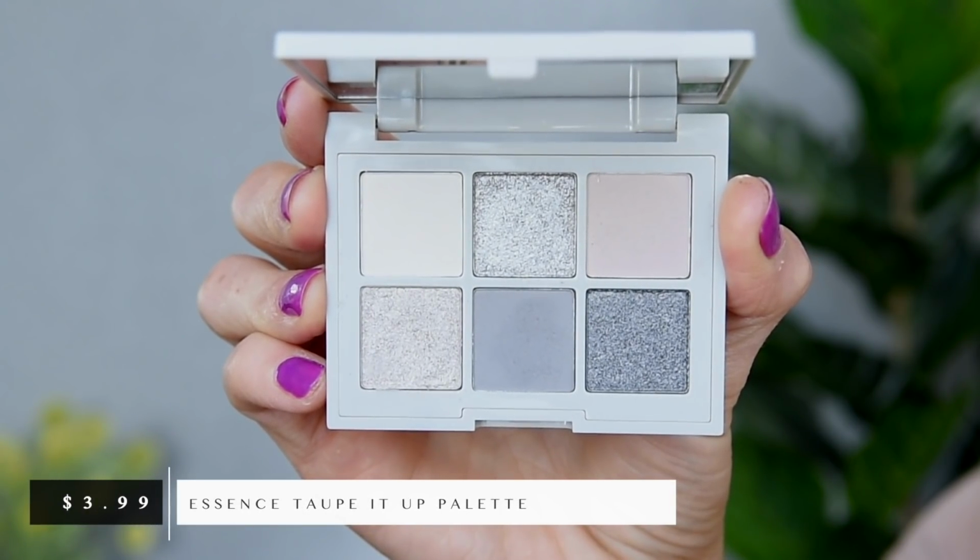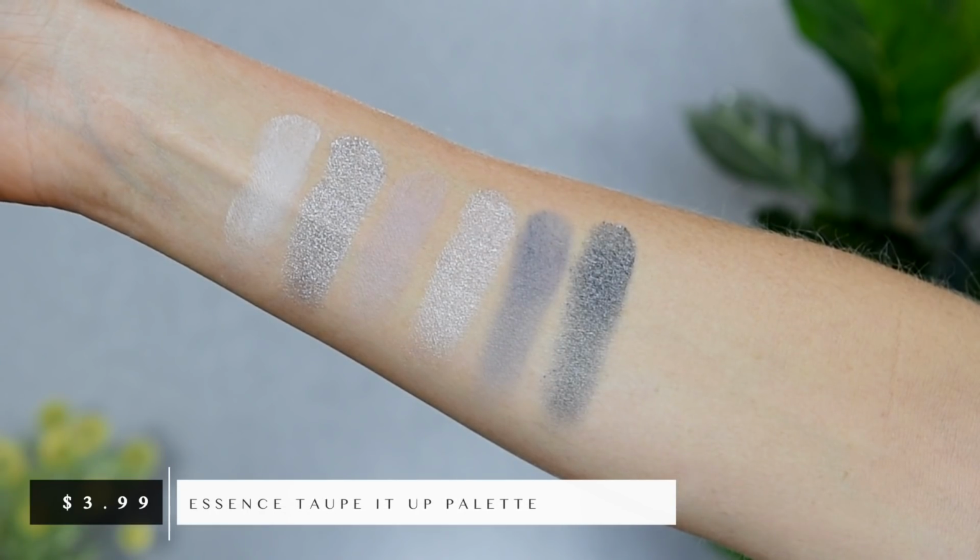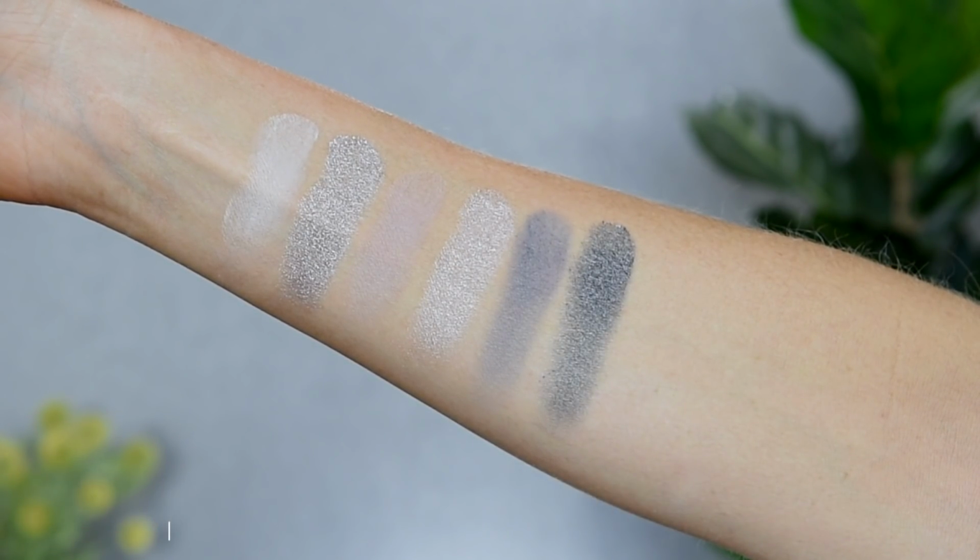Let me just give them a feel. I haven't actually swatched these yet. Oh, wow, you guys. This kind of creamy white, that is a really nice texture. Okay, nice silver. Let's look at this one down here. I'm really excited about this one because it's giving me the most Natasha Denona vibes. Oh yes, that looks promising. Let's try this one right here. Okay, this is going to be a good palette. I can already tell. So I'm leaning towards that one, but let's take a look at the My Rose Will